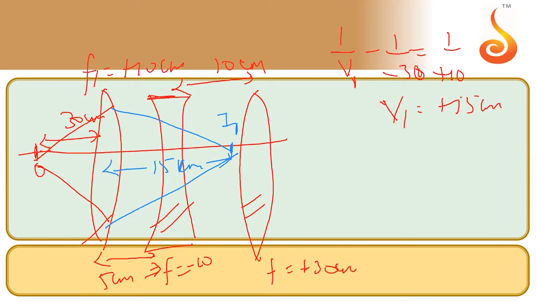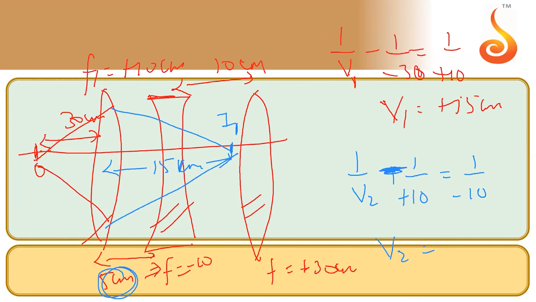So what will I now write down? Please start with your pens and papers. 1 divided by v2 plus 1 divided by, sir, I have to subtract this gap also, to remember. 15 minus 5, it is 10, because it's virtual, plus 10, 1 divided by minus 10. Sir, v2 value or 1 by v2 value also you can tell. I've written a wrong formula also. It is length, so I should write a minus sign.